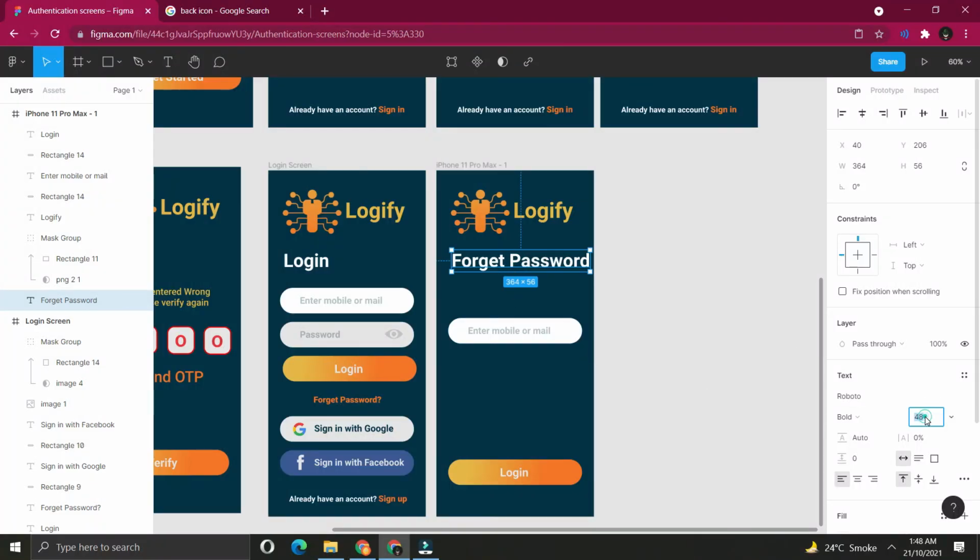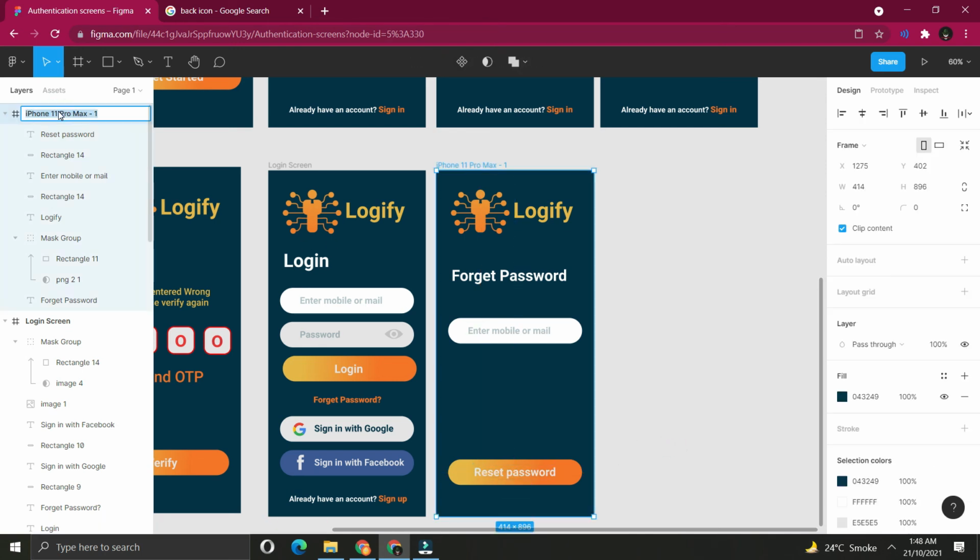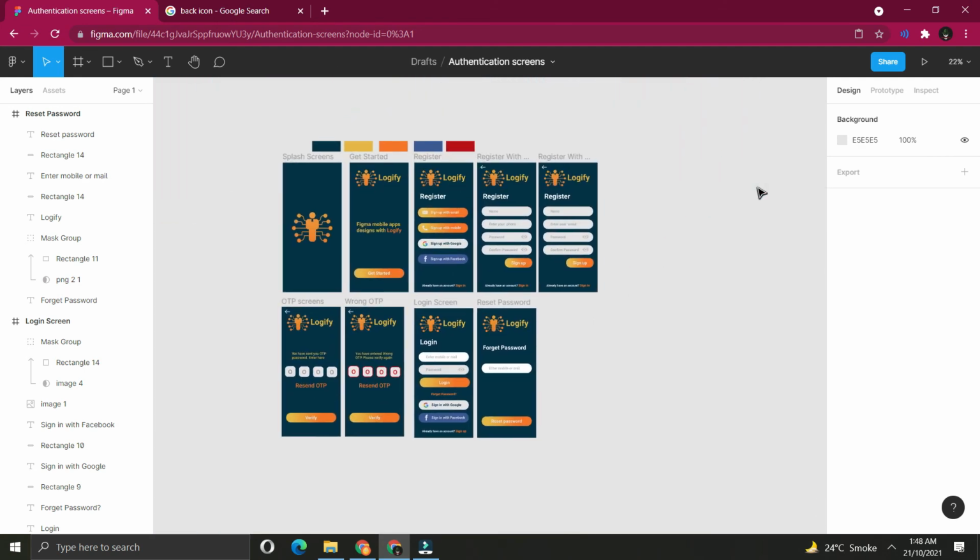Adjust its font, make it in the center and write down reset password and align it in the center. Rename it reset password. So our 9 screens have been ready.